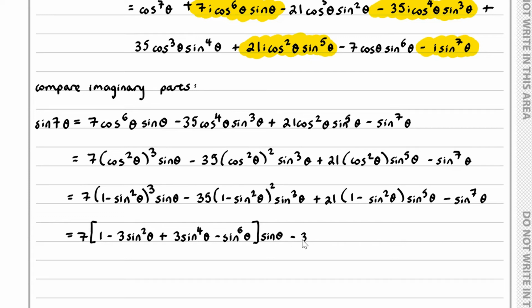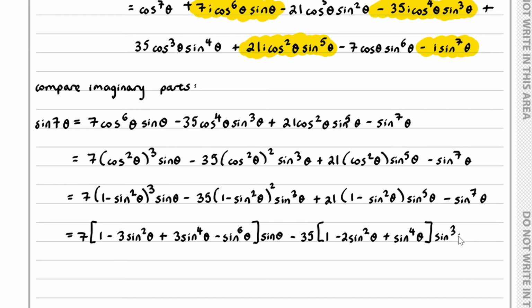Then we've got minus 35 lots of, if we expand this out, 1 minus 2 sine squared θ plus sine θ to the 4,